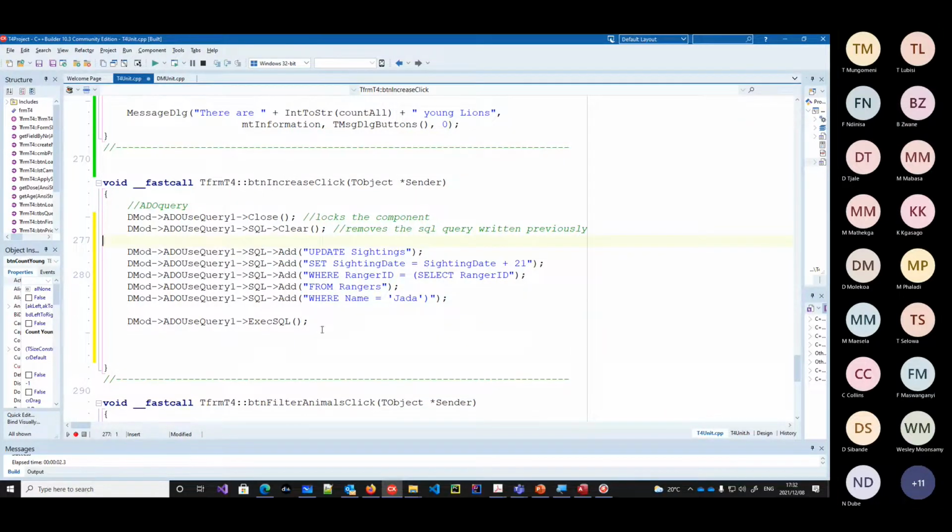Okay, thank you, sir. So now coming to the execute SQL, it works the same way as open. Yes, that is what I'm trying to emphasize right now. The opening